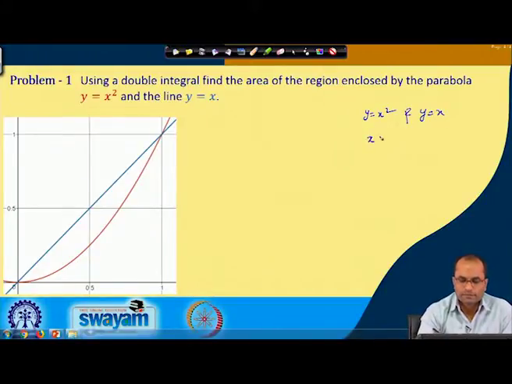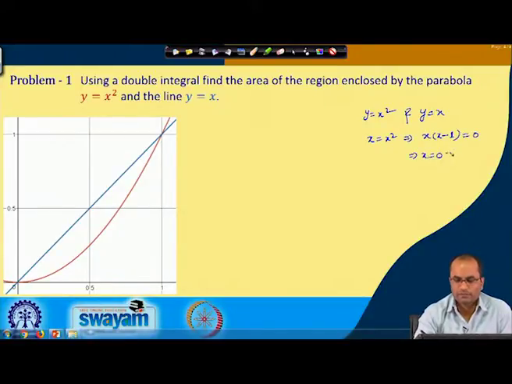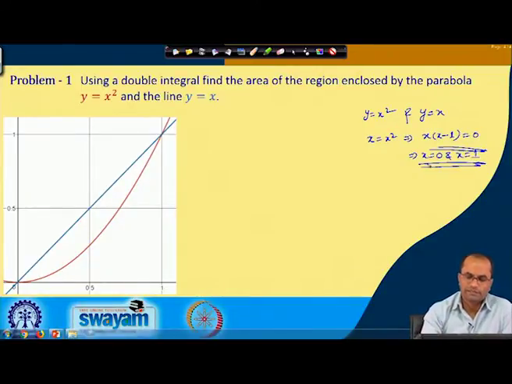So, x is equal to x square, and this will give us the point of intersection. So, x square minus x is equal to 0. So, we will get x is equal to 0 and x is equal to 1, these 2 points, and corresponding y of course we can easily get. So, here x is equal to 0 is this point where we have x 0 and y 0. The other point we have here is where x is 1 and y is 1. So, these are the 2 points,